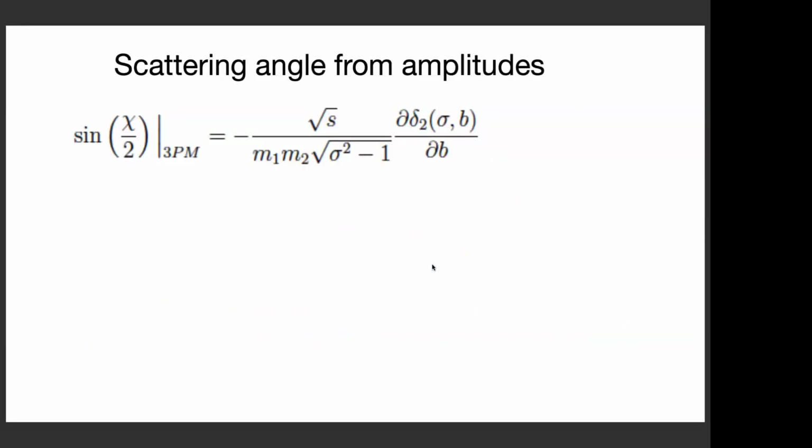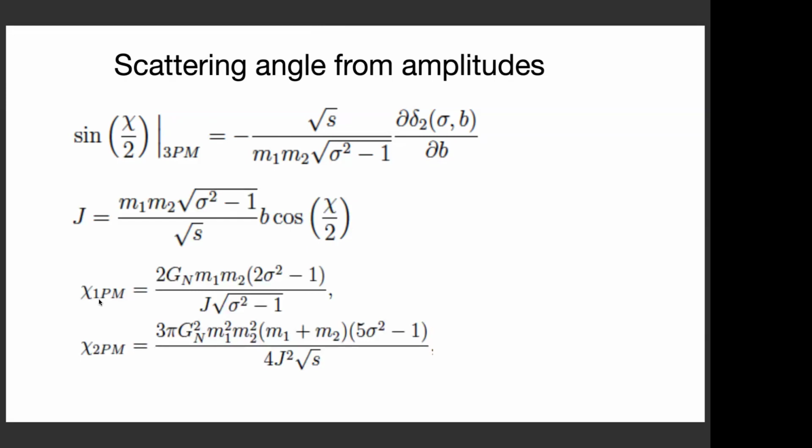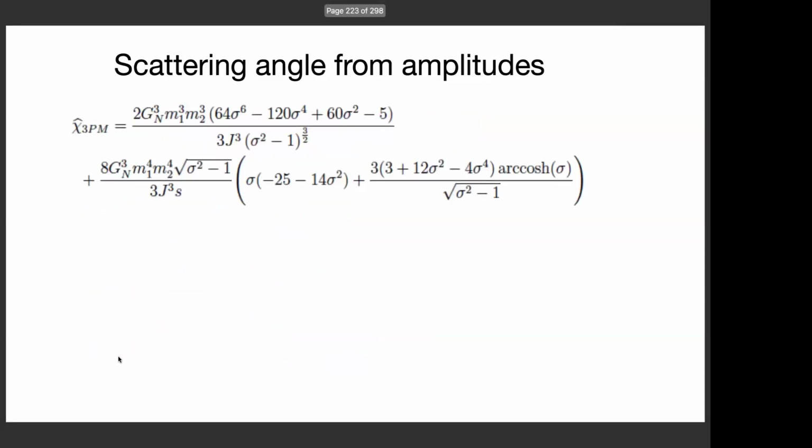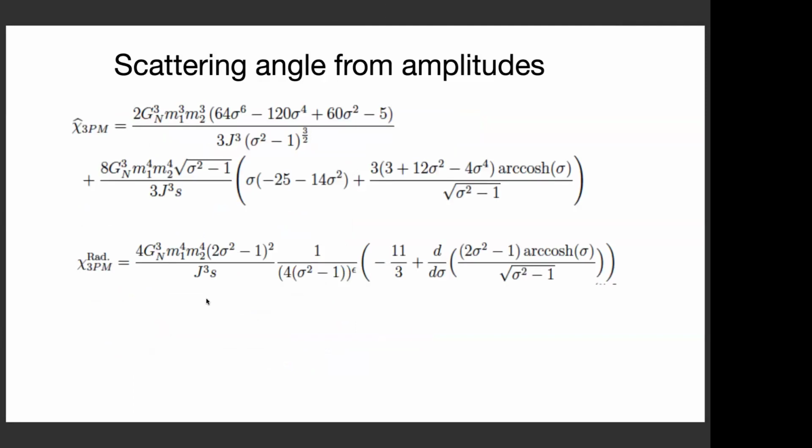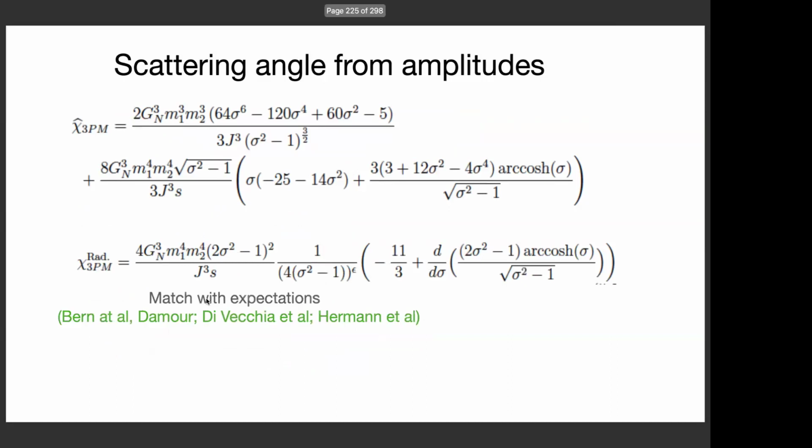Now, if we take and transform the amplitude from B space to angular momentum expansion, so we have to rewrite from B to J, then we can also derive the scattering angle elements in J expansion, and we can see that we exactly reproduce the expected scattering angle of the gravitational binary problem to 1 PM order, 2 PM order, and also to the 3 PM order once we account for the radiation piece that we saw had to be included.